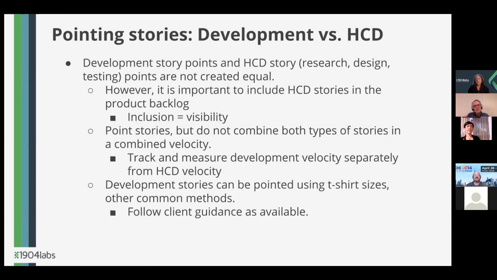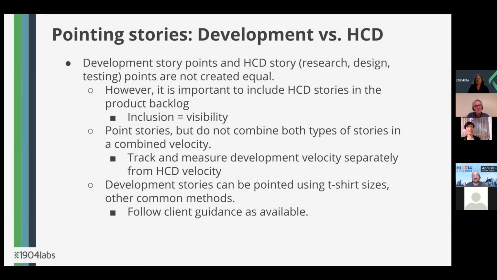And then we can get into some of the details about how you point stories, right? So in Agile, of course, velocity is measured by how many points. And what happens with human-centered design? How do you point human-centered design stories? Are you comparing apples versus oranges? And should we be part of the velocity or should we not? So the formulation we've settled on as of now, and we're evolving this methodology, is that